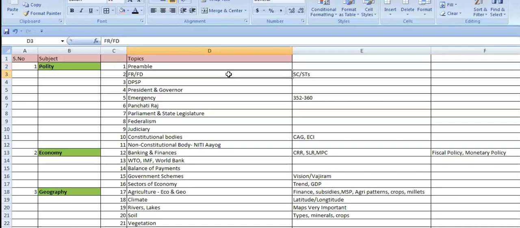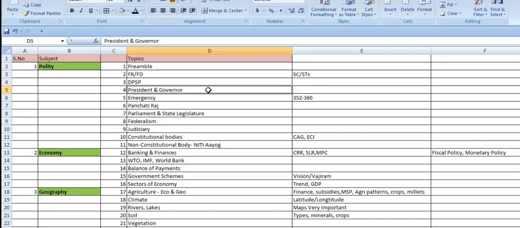Then you have fundamental duties and fundamental rights, like for SCs, STs, and the fundamental duties that can be followed by a citizen. This has to be focused on based on the articles given. I'm not giving you the detailed articles, but these are the overall topics you have to cover: fundamental rights and fundamental duties. DPSP, without DPSP there is no question. Adhura reh jayega prelims ka. Without DPSP, there is no prelims question paper.